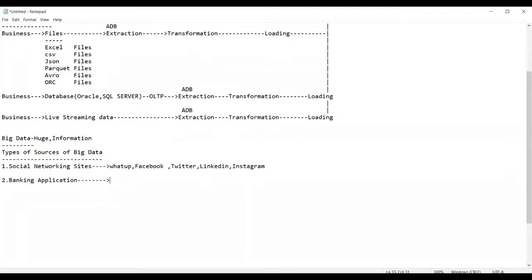Suppose you go to a bank and get an entry done. In your passbook, you have made some entries: cash withdrawal, deposit, online transfer, some purchase entries. That means you have done some transactions.